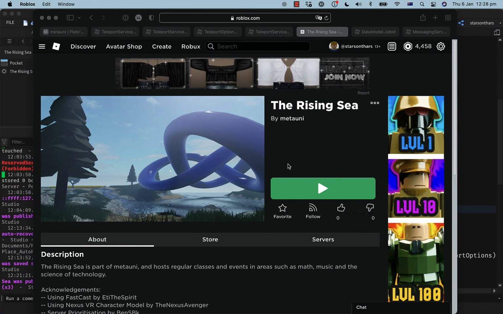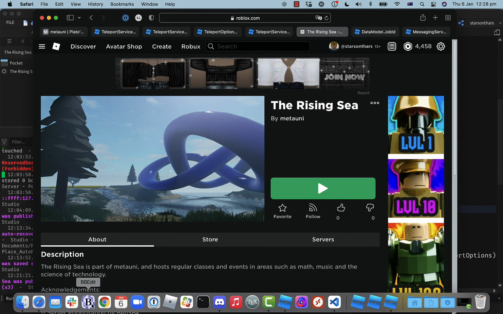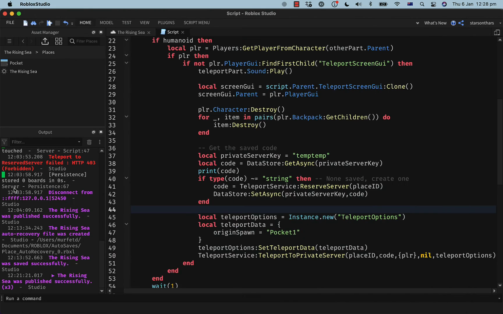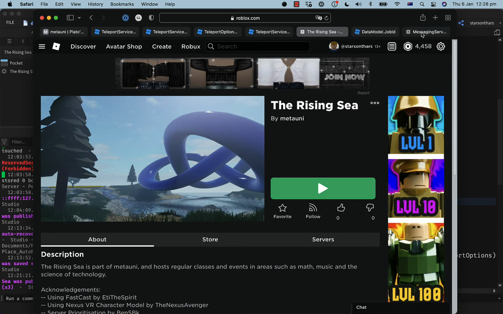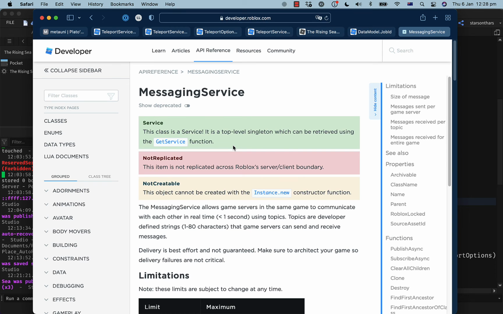Maybe, is this something a memory store service could be used for? Yeah, right. I think we're coming up on the end of the time anyway, so maybe I'll leave it at that. The message service allows you to communicate between game servers in the same game.